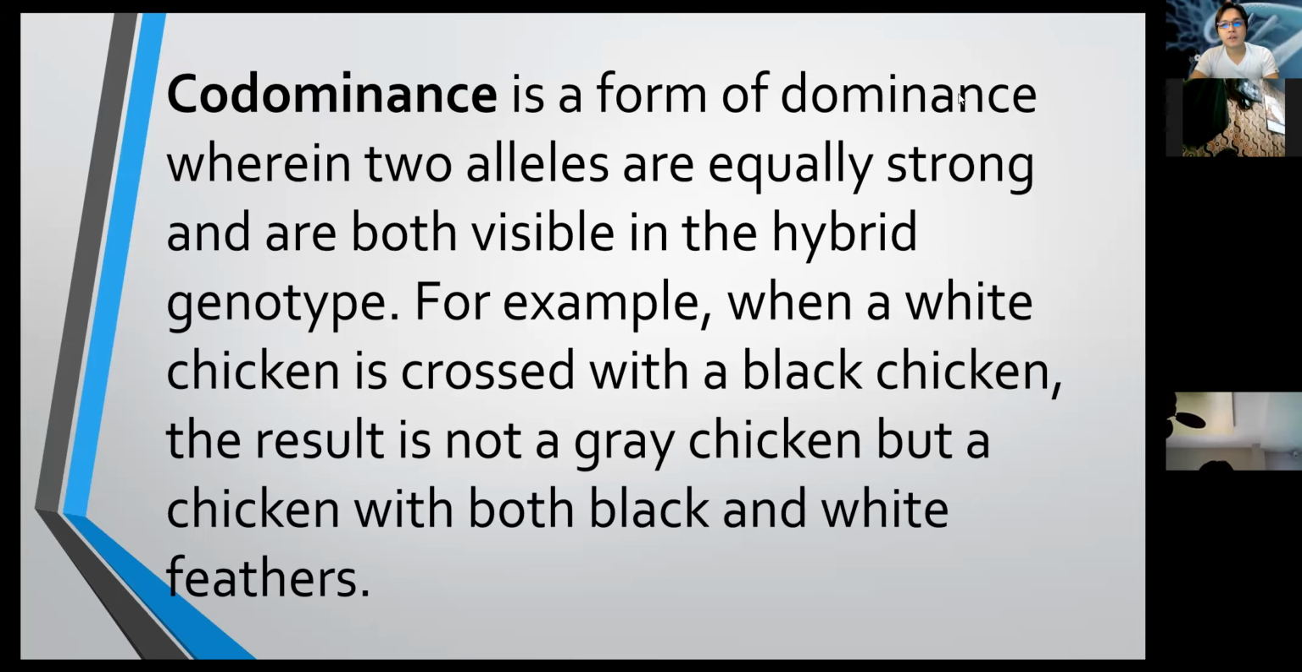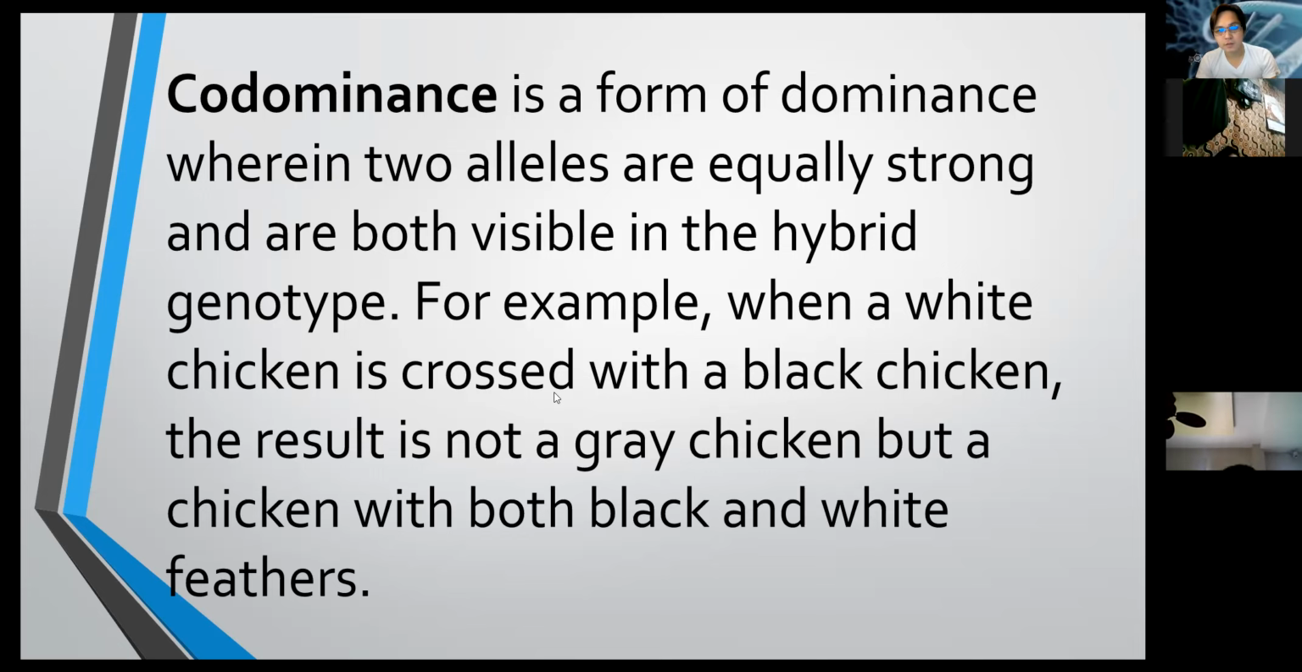Again, codominance is a form of dominance wherein two alleles are equally strong and they are both visible in the hybrid genotype. Again, genotype pertains to a set of genes. For example, when a white chicken is crossed with a black chicken, the result is not gray. If it is gray, then this is incomplete dominance, right? If the result is gray, it is incomplete dominance because